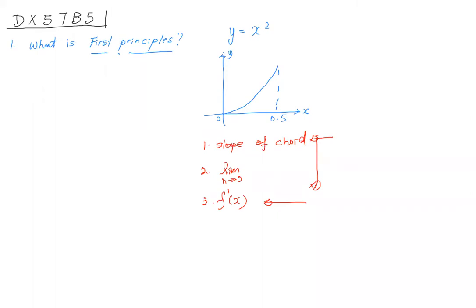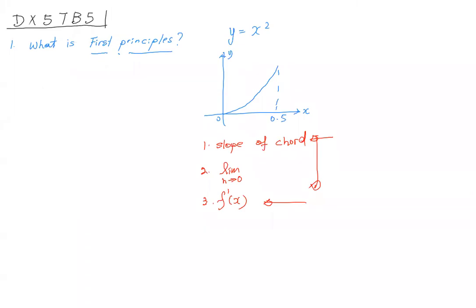Explain what is first principle. Don't have to worry. I'm not really sure, but I'll try. For me, it's a function of finding the gradient of the slope of the chord, which has a limit like that. So you see, first of all, Thaddeus, can you tell me what is the meaning of the slope of